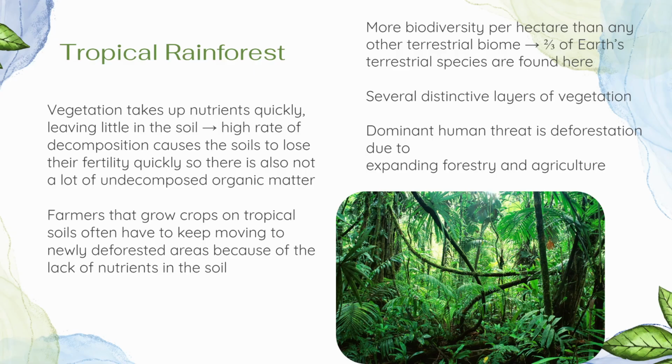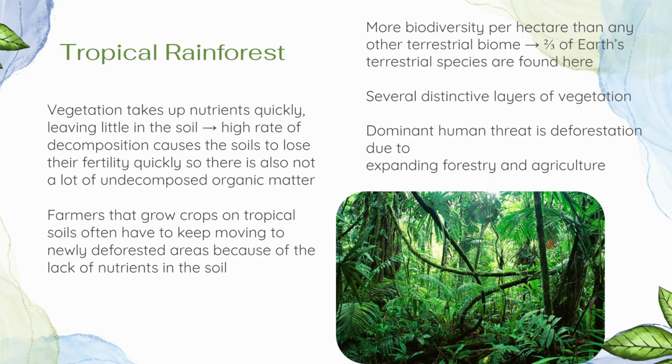Because the vegetation takes up nutrients so quickly, the soil has little to no nutrients and also lacks a lot of undecomposed organic matter. This is why farmers who grow crops here often have to keep moving to newly deforested